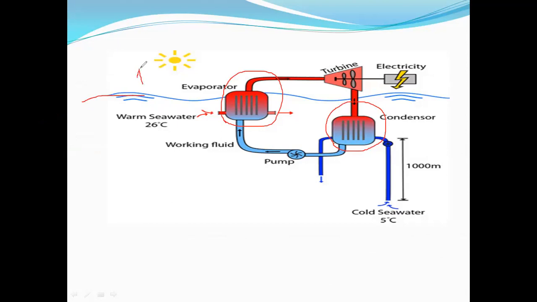The sea level contains surface water and warm water. Surface water, when compared with the next level of water, the next level contains the warm sea water. This warm sea water is collected through the evaporator, and it is converted into steam. The steam acts with pressure on the turbine. When the turbine rotates, the warm energy is converted into mechanical energy, and the mechanical energy is converted into electrical energy. Simple.